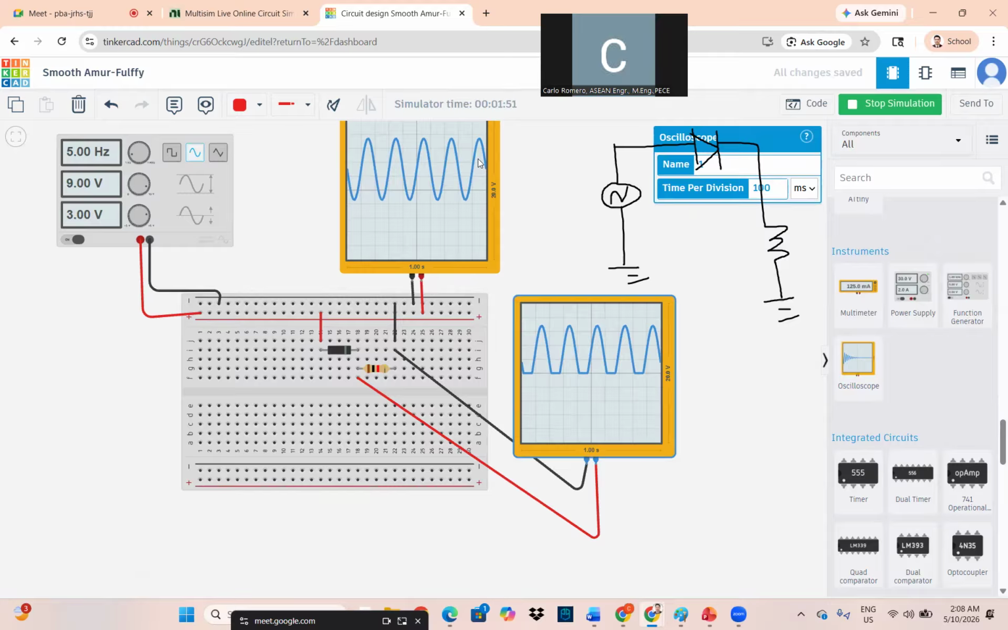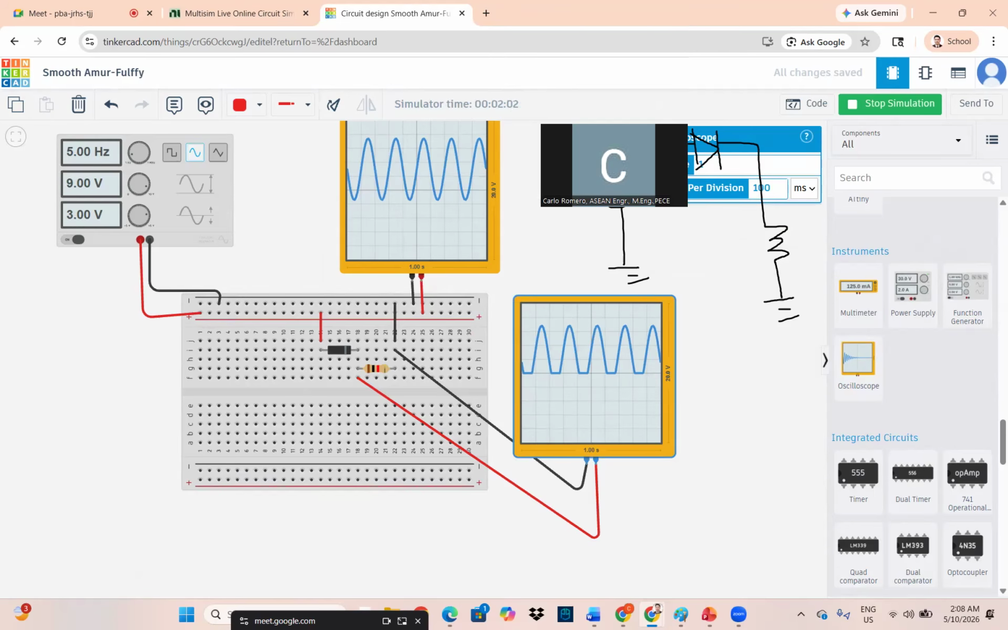Okay, so any question? Now, for your first laboratory, using this example, I will be giving you instructions. Maybe tomorrow I will just upload